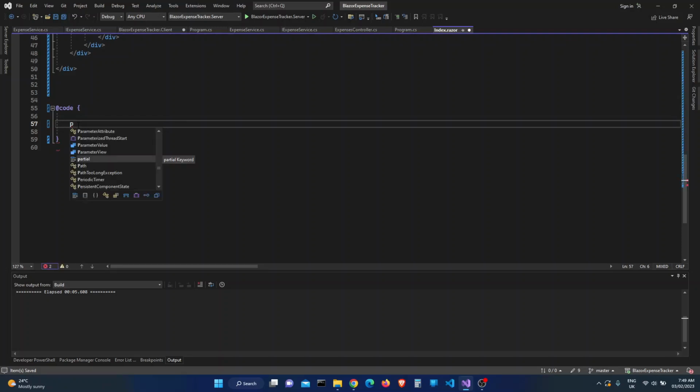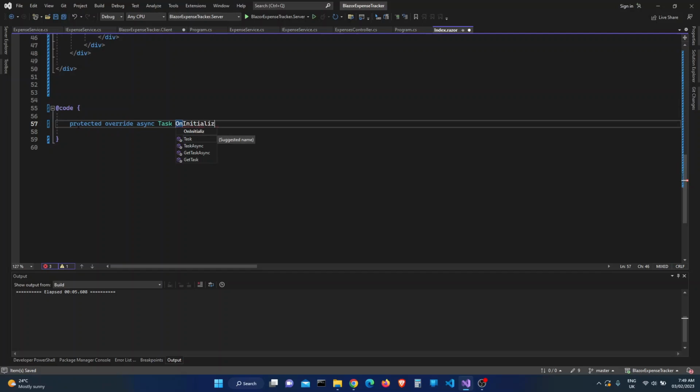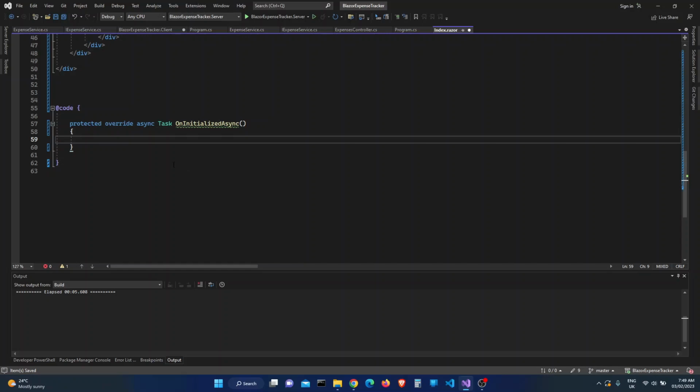The function is called protected override async task OnInitializedAsync. Okay, so whenever the component is initialized, it will run whatever is in this bracket. So what we are going to run is